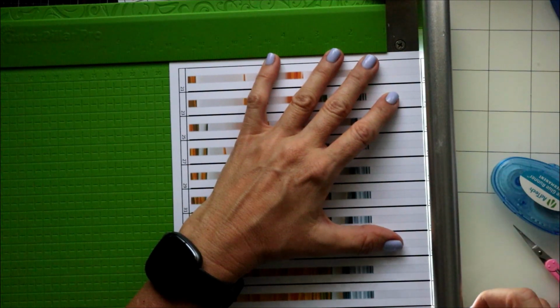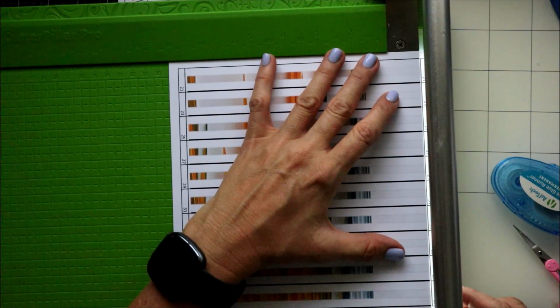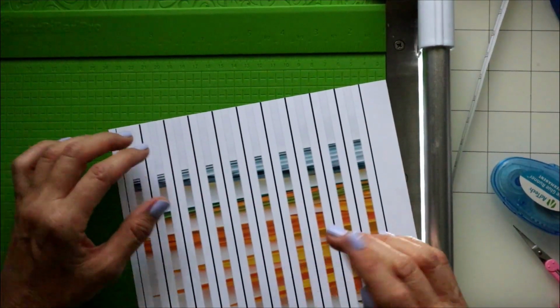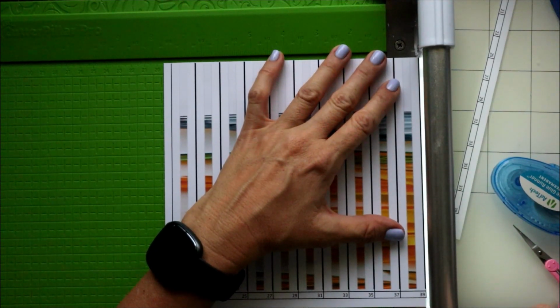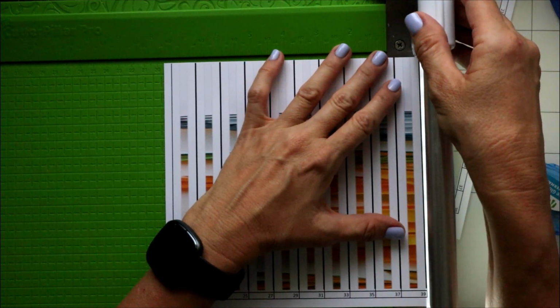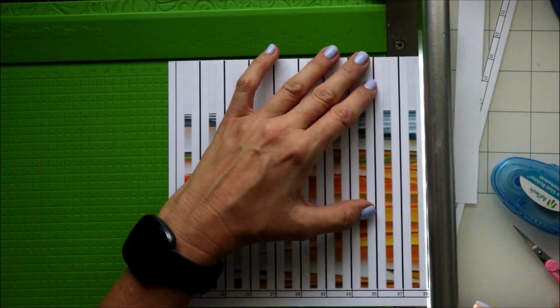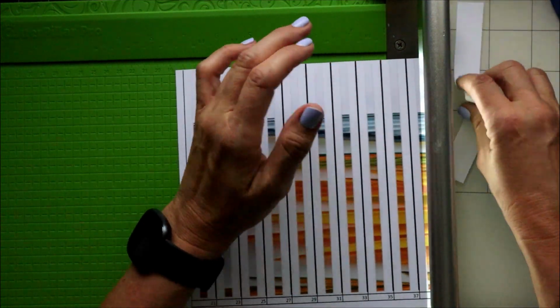So I'm going to trim off the top of this because I want this to be even up here. And the bottom I'm going to leave on so I don't get confused as to what strip I'm on, especially working on 2 patterns at the same time, because I'll be working on both of them at the same time. So I'm going to take all of these, and what I do is to create the